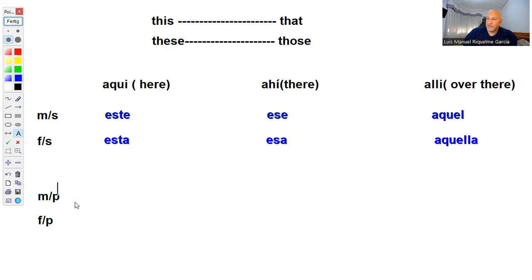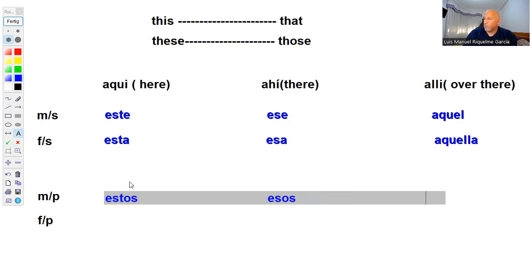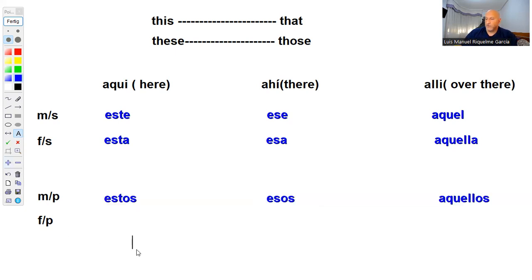What if the word is plural and masculine? We don't say este anymore. We say estos, these. What if those masculine plural objects are a bit farther away? Esos. And what if they are very far away? Aquellos. So for example, if I have 3 pens in my hands,